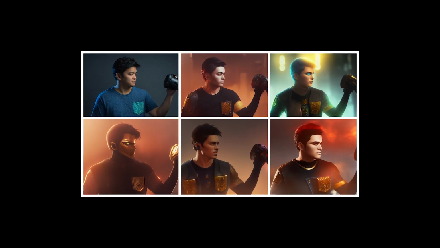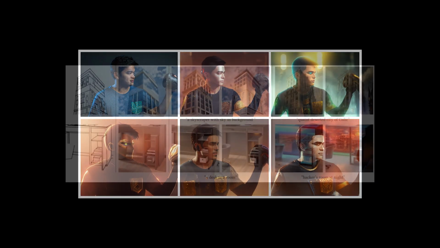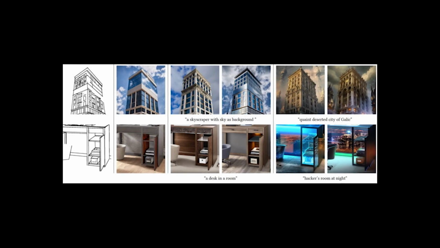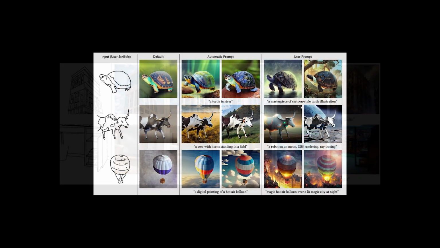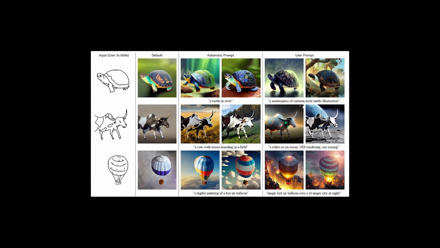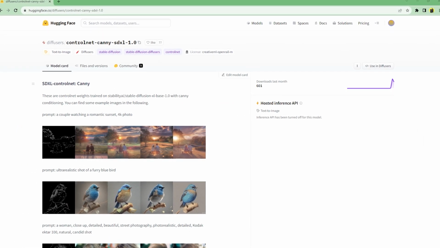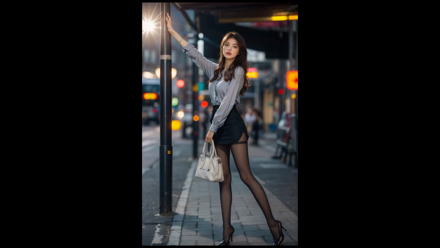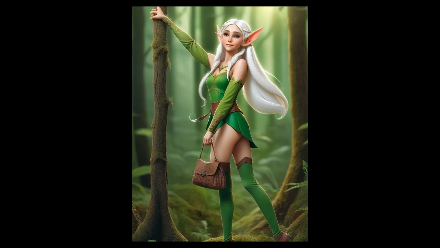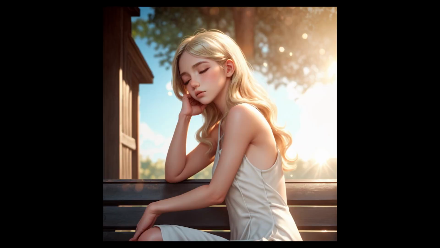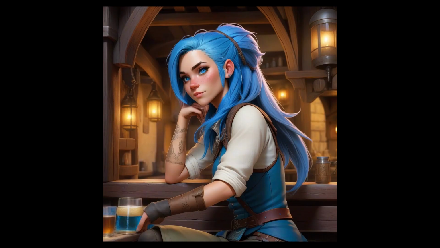You can use humans, backgrounds, drawings with varying levels of success to generate controlled outputs in terms of poses and compositions, depending on the ControlNet models and preprocessors. But in this video, we'll be looking into using the released SDXL Canny ControlNet model to generate images with the same pose and/or composition as our input image using Comfy UI.